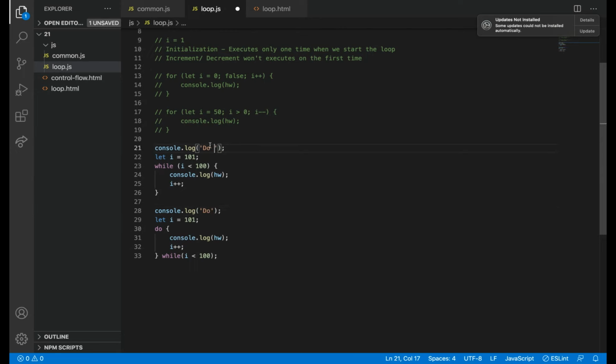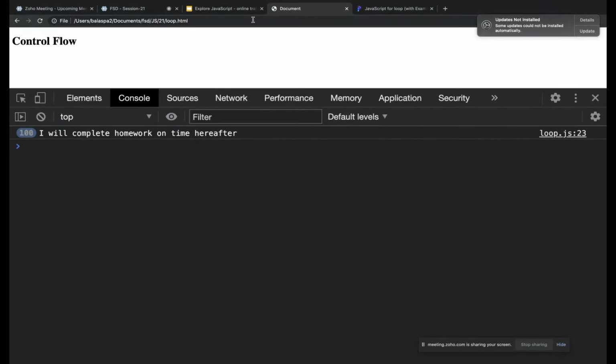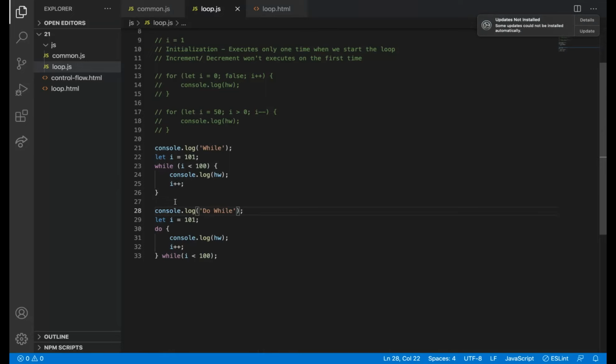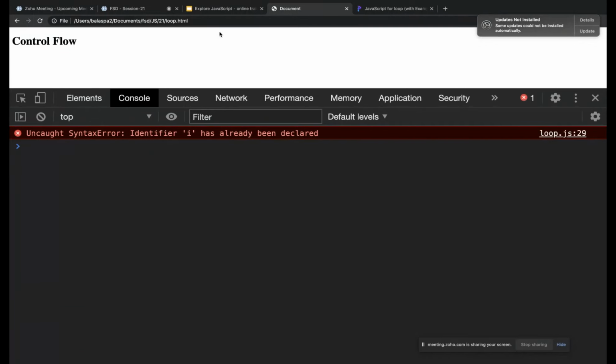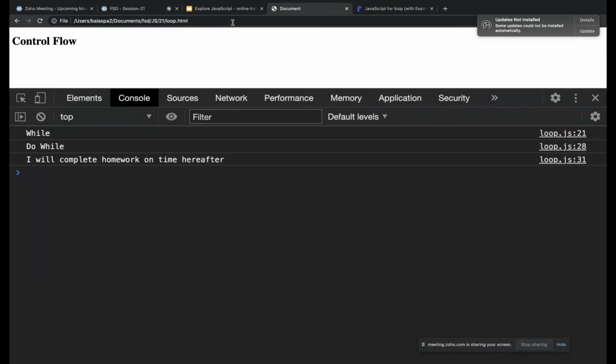Do while I, 101 is less than 101, and j plus plus. So it is just a count variable. You can use anything. You can also use count and any meaningful name also.